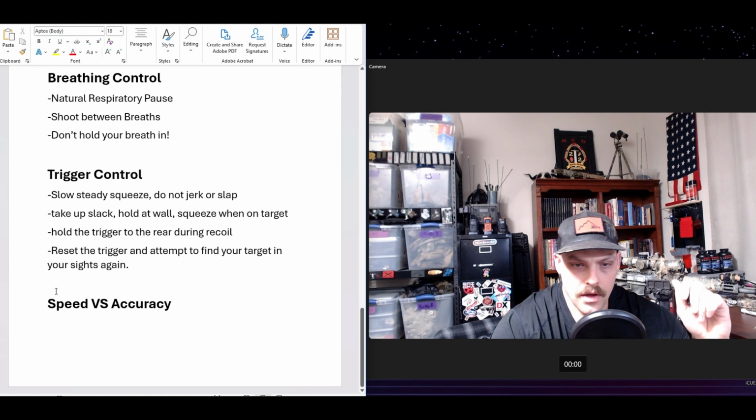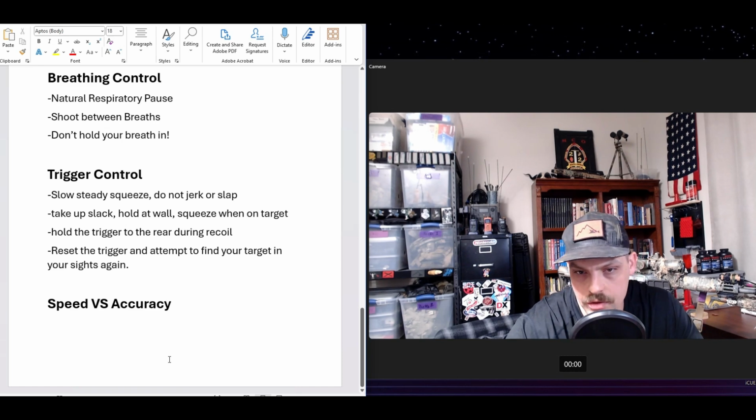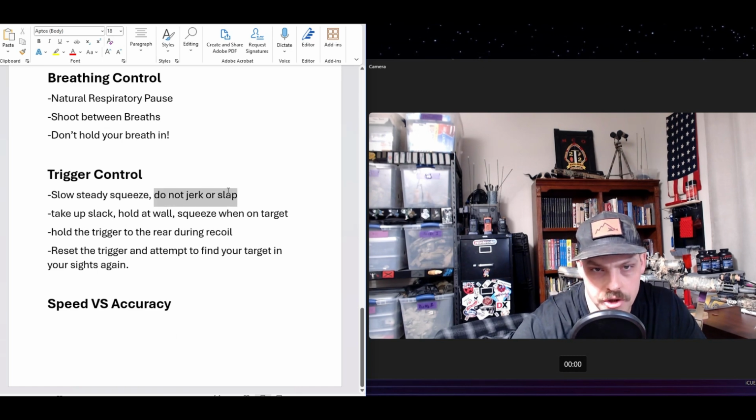Okay, so every target and every situation is a balance between the necessary accuracy and the necessary speed to hit that target in the situation that you're in. As we begin to need to increase speed, we're going to have to sacrifice accuracy, right? Some things are always true. We're never trying to jerk a trigger,